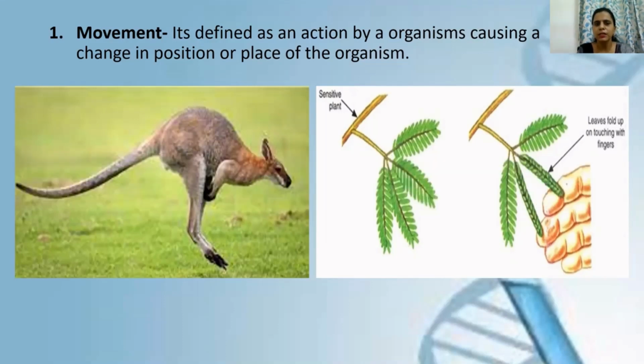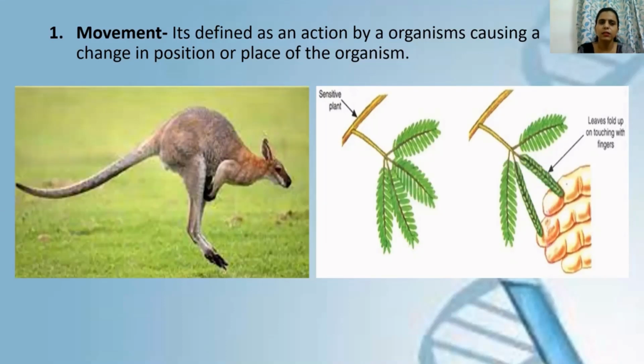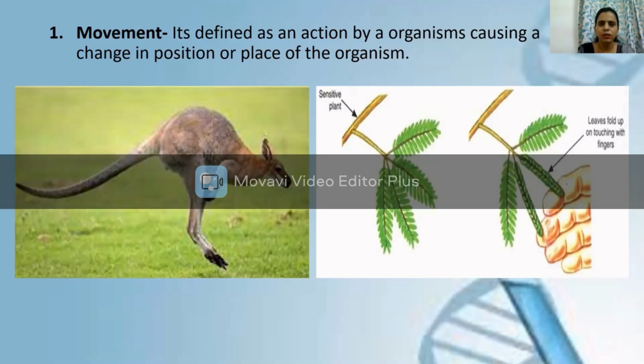So the moment any person touches the leaves of this plant with any of its body part, the leaves fold up. You can see here on the right side of the screen, the leaves fold up on touching with fingers. This is one example of movement in plants. Apart from this, there are many other examples of movement in plants, which you will learn in another unit called coordination and responses. There comes geotropism, phototropism, and all, movement under the influence of gravity, movement under the influence of light, etc. So about that, you will learn in coordination and responses.